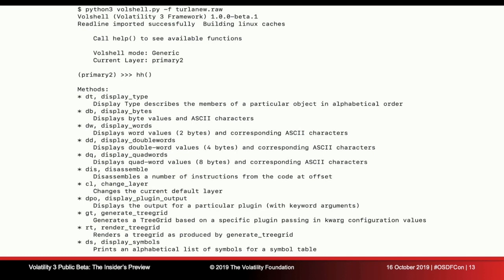And I think this is the last slide before I hand over to Andrew. We also have all of your old favorites. So Volshell is in there. It's had a bit of love. It has lots of functions for displaying types and all the things that you might expect from WinDbg, and also a couple other bits and pieces to interact with Volatility and help you do that. And again, all of this stuff should be properly documented, have APIs, interfaces, and things, so it should be extensible. I'll now hand over to you.